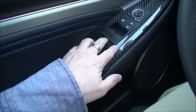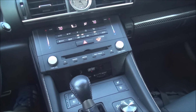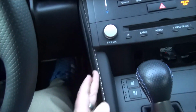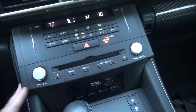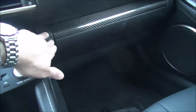So if we get inside, you can see we have some nice carbon fiber trim here. Nice center console with the Lexus infotainment system. The one thing I don't like that they keep doing with these RCs and RCFs, and I don't understand it, the radio here is a square piece. Can you see that? Yet this thing is curved. This goes kind of at an angle, and then this is a nice leather piece that goes off to the side, yet you have this squared radio, and they've been doing this for a couple years. I don't understand why they don't make the radio fit better, given everything else is so perfect in this car. You've got some carbon fiber trim above the glove box there, again on the other side,